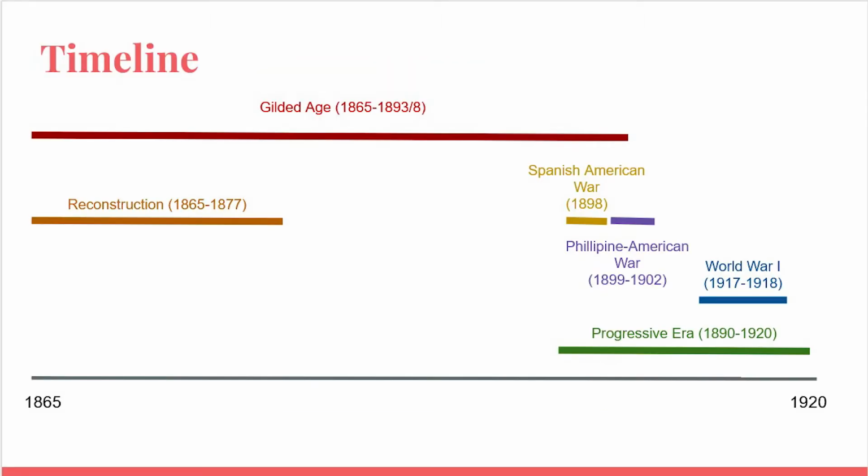Just like with the antebellum era, there's a lot of moving parts with the post-Civil War period, because really what's happening is that all of the social and economic and political problems that we had before the Civil War didn't just go away. Some of them just got put on pause while we were busy killing each other, and not even all of them got put on pause, really. And so what you'll notice as we move through this time period is that the Gilded Age and Progressive Era that comes as a result of that are actually going to look very similar to the antebellum era that we